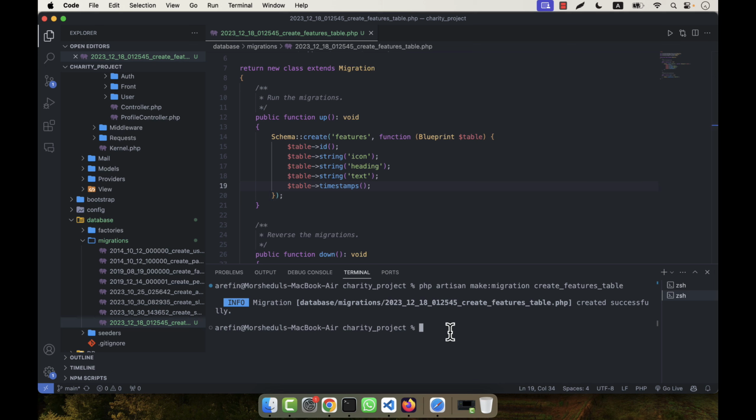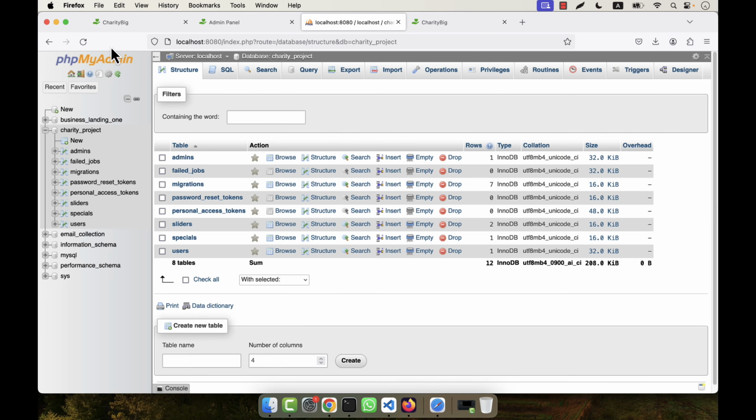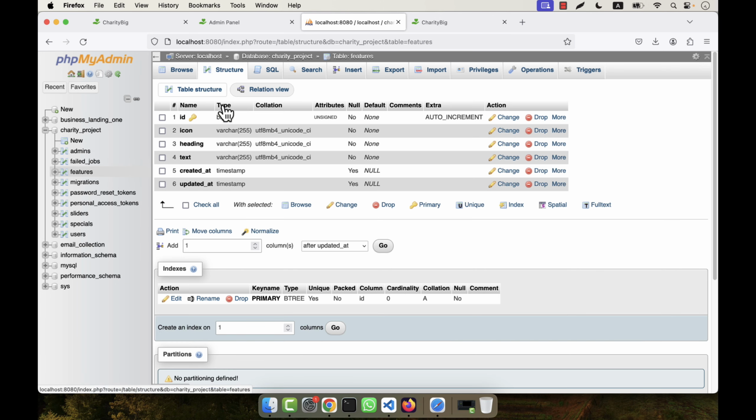Now what I am going to do is create the migration. That means I am going to run the PHP artisan migrate command, so that the table is going to be created. If I now go here in my database, then you will see a table is created by which name, that is features. Here you see icon, heading and text. Okay,